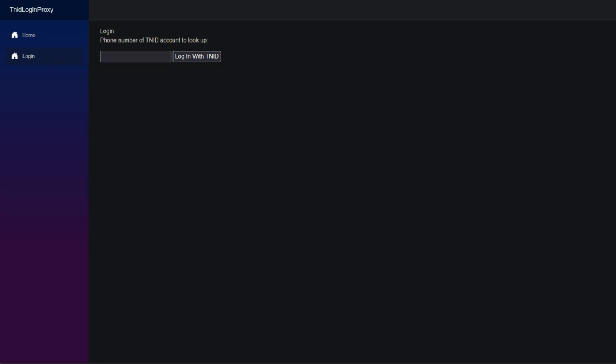Hello, this is a demonstration of my hack, which is using a TNID account to be able to log into third-party websites with one click. This would require a minor addition to TNID, where a third-party website would be able to make a request to TNID servers that would then query if the user attempting to log into the third-party website was logged into their TNID account. If the user was, at the time of the request, logged into their TNID account, then TNID servers